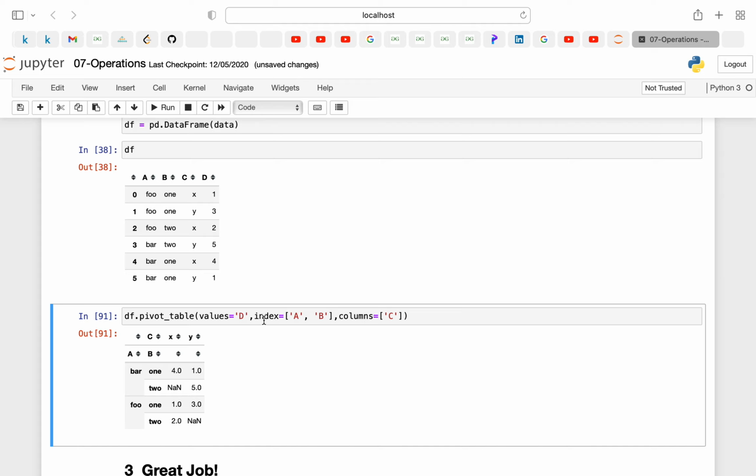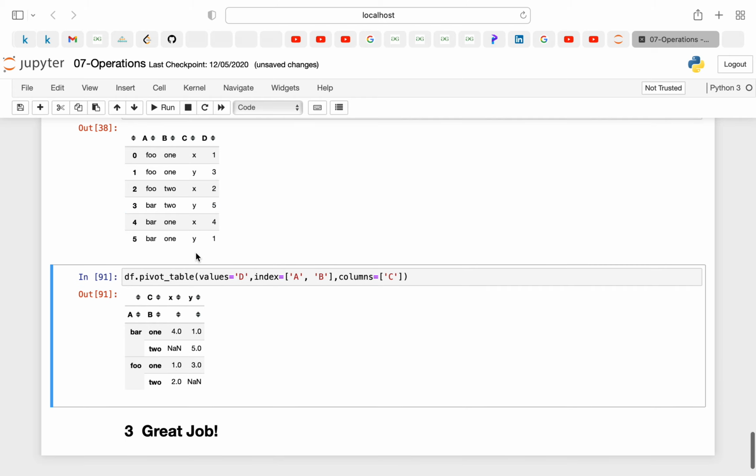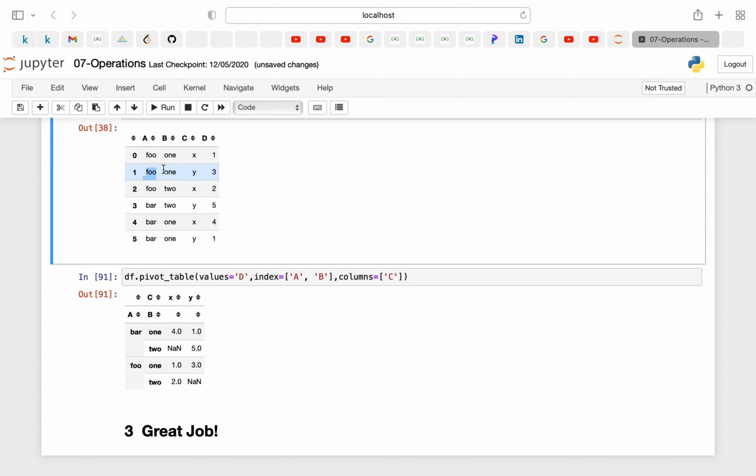Then the index, what kind of index you want to consider. Suppose you have considered a, so I think all the foo has some different values. So foo 1, it will put them in a single group, and foo 2 it will also put in a single group, and it will basically add both the values. Suppose this is also foo, this is also foo, so we'll make one group called foo, and here 1 and 1 values are there.